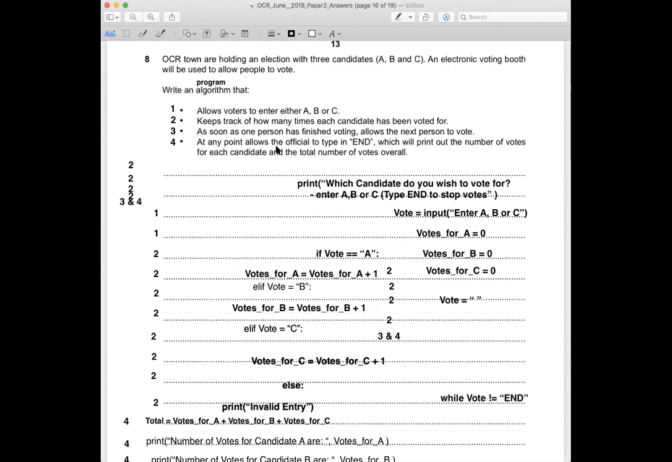At any point, allows the official to type in end, which will print out the number of votes for each candidate and the total number of votes overall. Now,